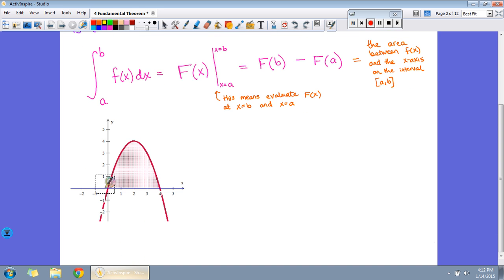So, for example, we've got this quadratic, and we want to find the area of the shaded region. Previously, we could only find definite integrals of shapes that had geometric regions, semicircles, rectangles, triangles, etc. Now we can find the area from 0 to 4 of this quadratic. So we've got the integral from 0 to 4, and then this equation